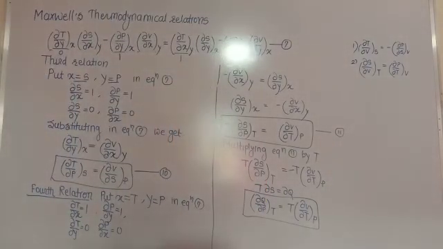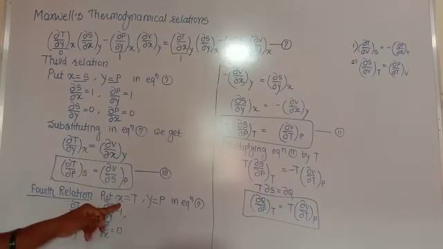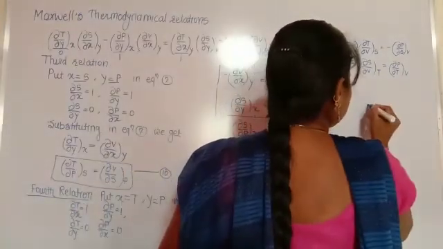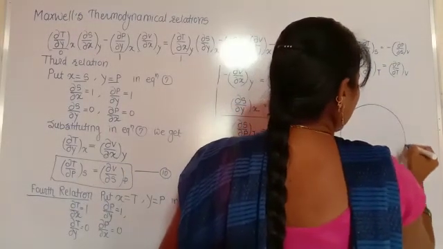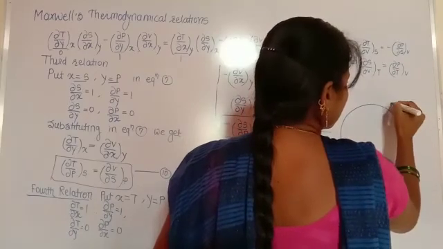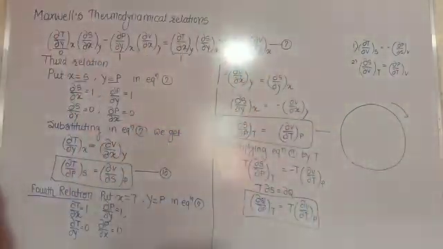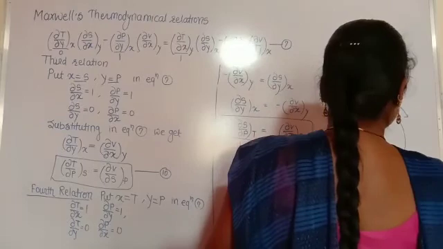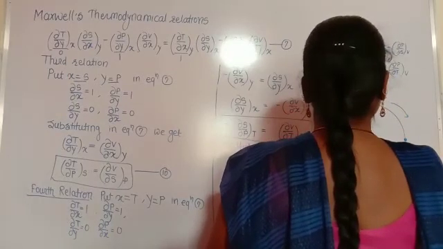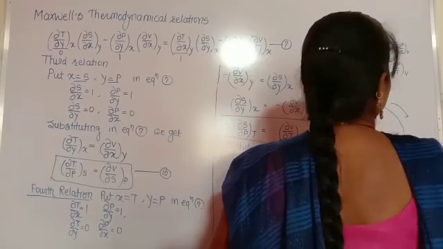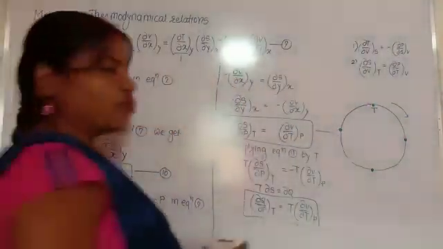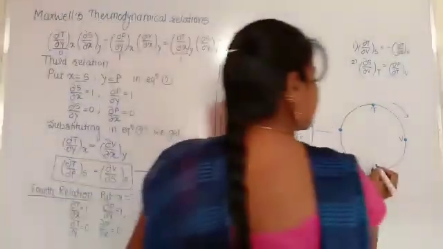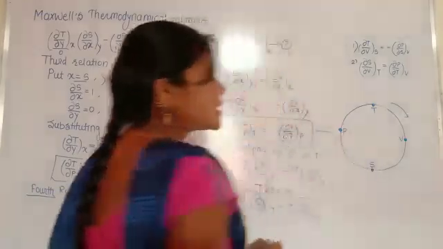Okay. So one question arises: how can we put these values of x and y? So there is one way. This is the circle, and this circle is in the clockwise direction. Okay. So in the clockwise direction we write 4 points here. One point is T. Okay. The second point is V. The third point is S, and the fourth point is P. These are the 4 points.